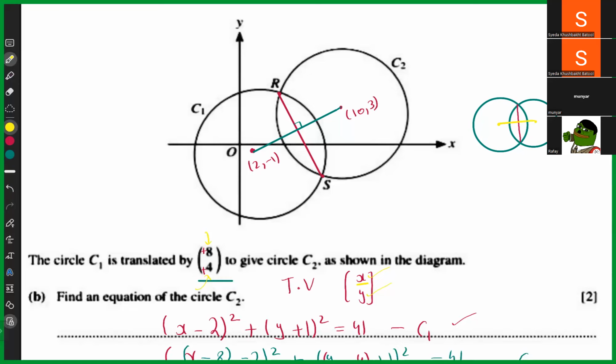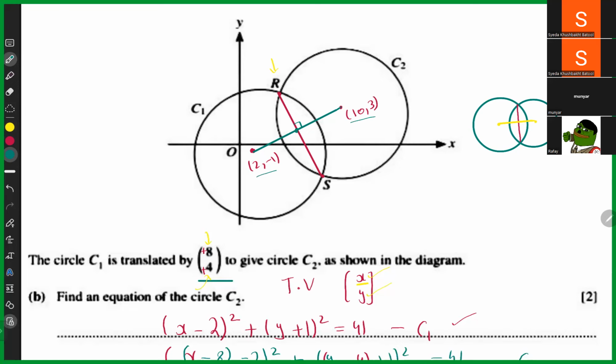So you can think about it the other way around as well, that the red line is the perpendicular bisector of the blue line, in this scenario. We know how to find the equation of a perpendicular bisector very easily. I could have used the two centers to first find the midpoint of both the lines